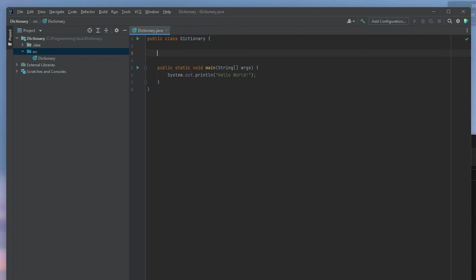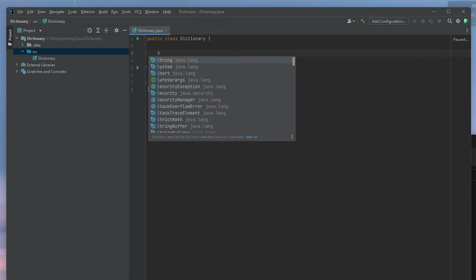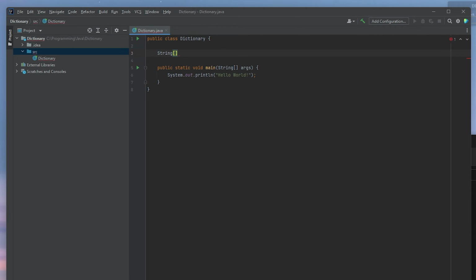And for our dictionary, we want a set of words. We're actually going to use an array. So we'll use a string array, and we'll name this array dictionary. And then we can set that equal to an array of strings, and I'll put in beetle, juice, taste, like, bug, nuts, and we'll continue this on the next line